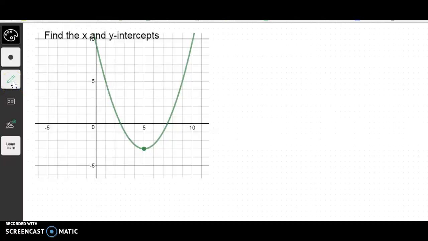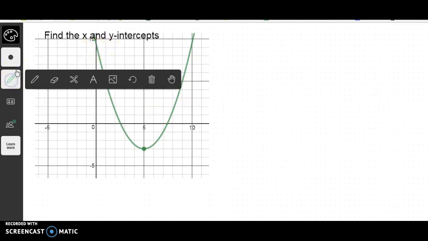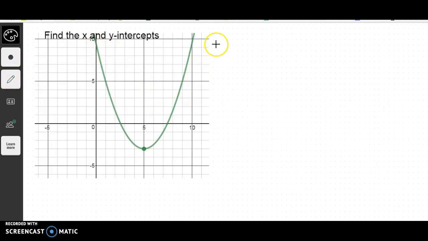Okay, so the warm-up says to find the x and y intercepts. In order to do this, we actually have to write the equation because, as you can see, the graph crosses these x-intercepts at numbers where we don't know. So the first thing that you're going to do is write the equation of the quadratic, which